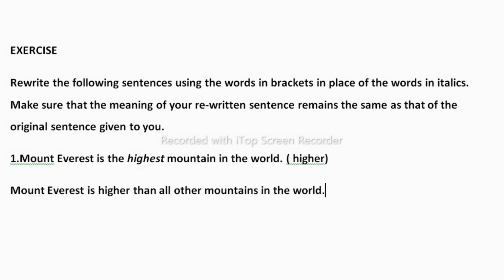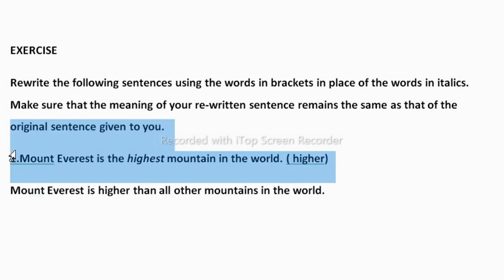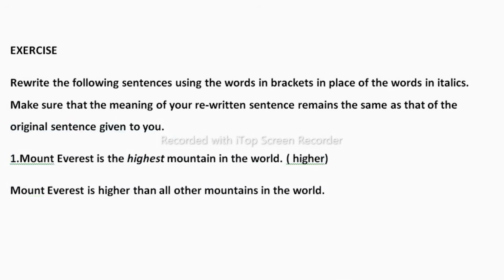Now let us solve this. The first one is Mount Everest. Mount Everest is the highest mountain in the world. So here, how can I transform this sentence by using higher? I need to write the word other. So here, this Mount Everest is higher. Here I don't need to add the word other in this sentence, because the superlative degree we have used, so no need to use the word other here,